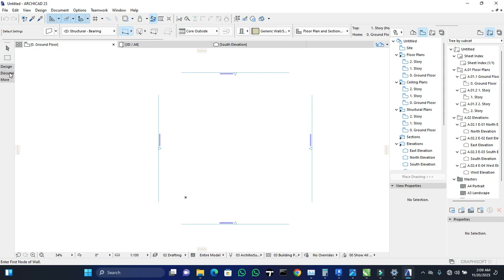Now when you launch your ArchiCAD, you might see this. That's because design is open. There are basically 3 tabs in your toolbar. So after the arrow and mark 2, you will see design, document, and more. If yours is like this, know that your document tab is open. Now the next one, if yours is like this, just know that it is your more tab that is open,